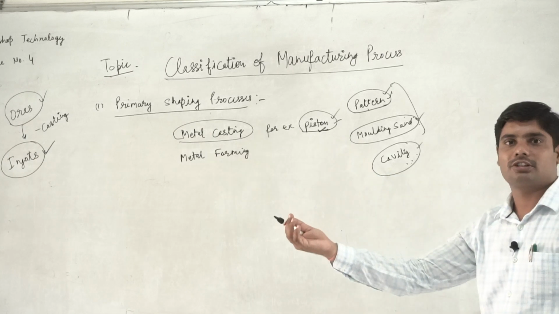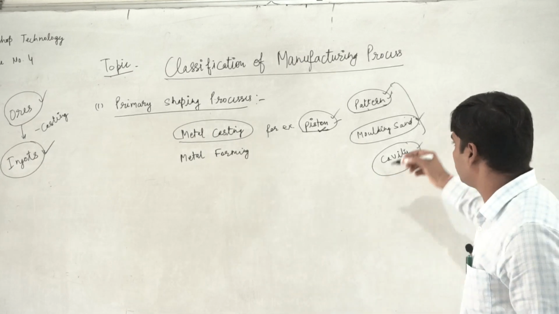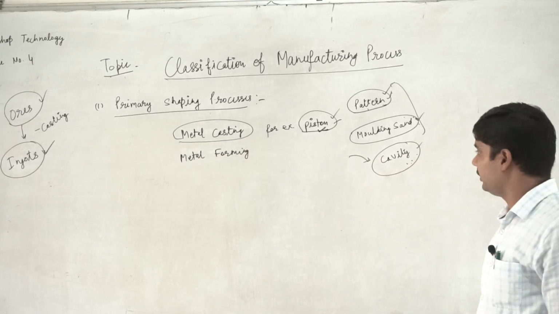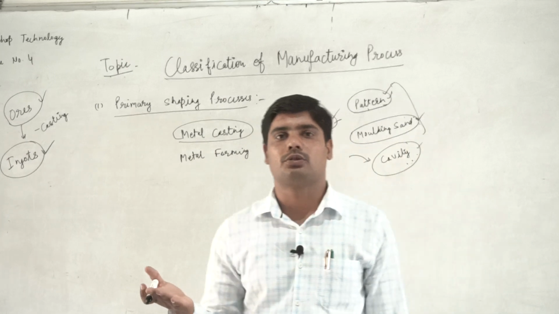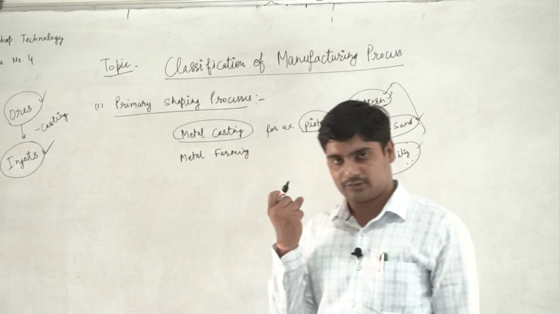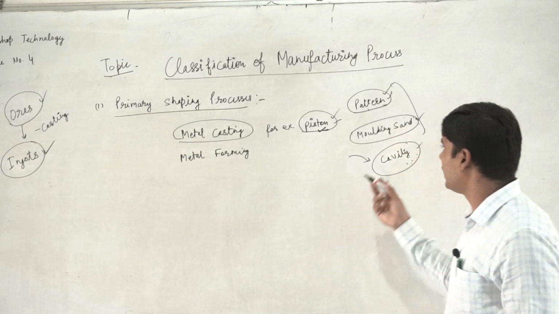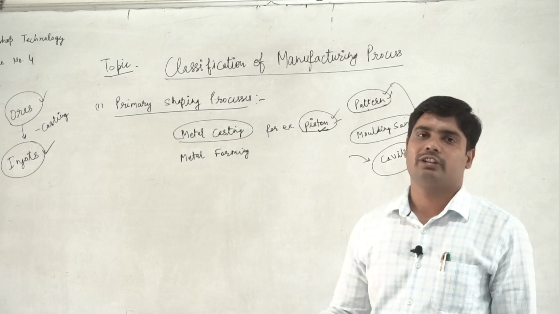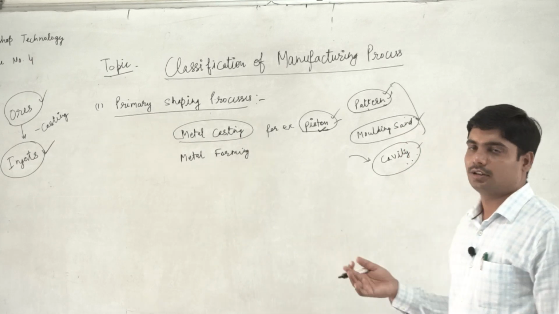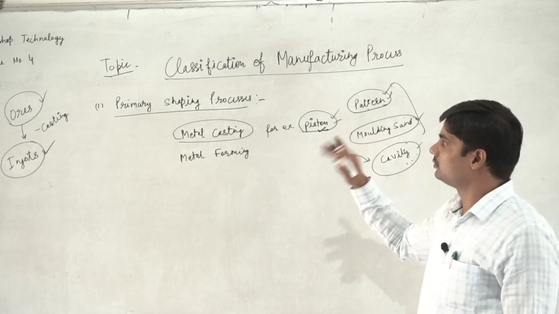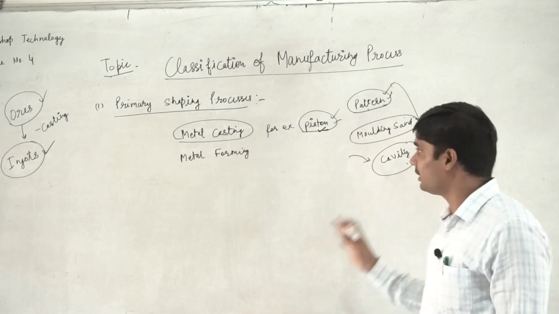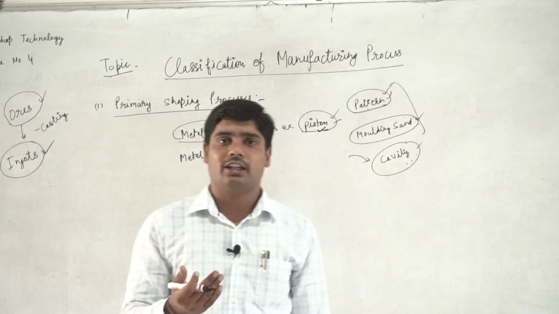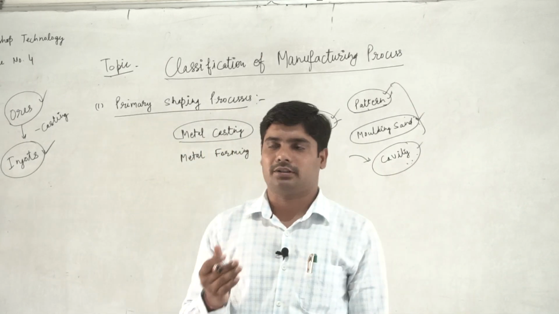Now the material from which the piston is being cast is poured into the cavity, and we allow it to solidify. Then this casting is removed from the molding sand, and now we can further process it according to our requirement, like machining, like surface finishing. But this is our primary shaping, meaning how primarily we shape the product.